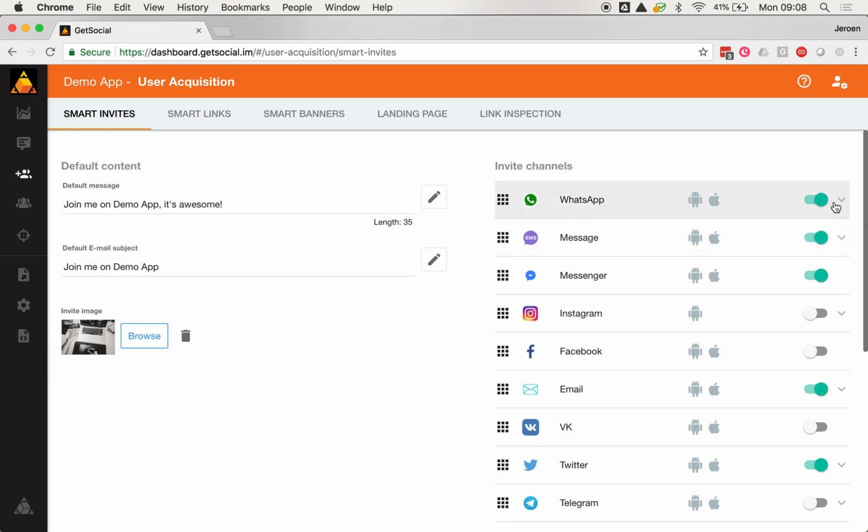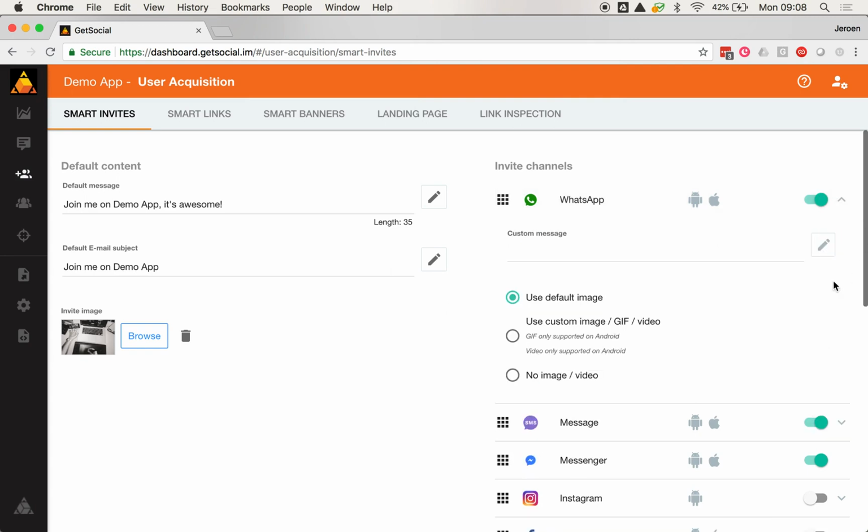Then you have the invite channels. Now you can configure all these invite channels separately. So here we have WhatsApp. We can enable or disable this, and this is updated live inside your application, so you do not need to resubmit or anything like that. We can